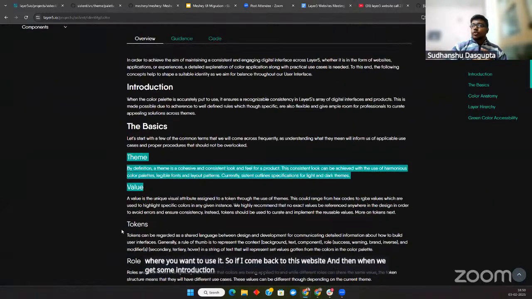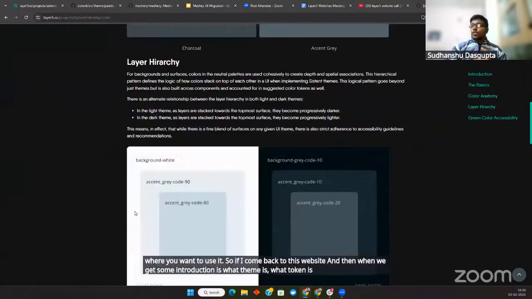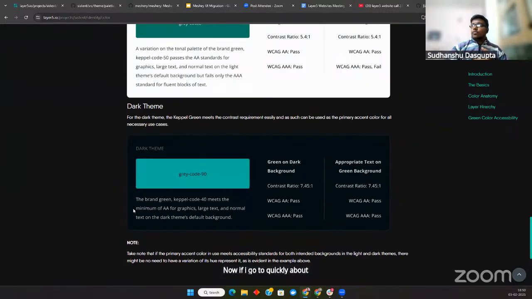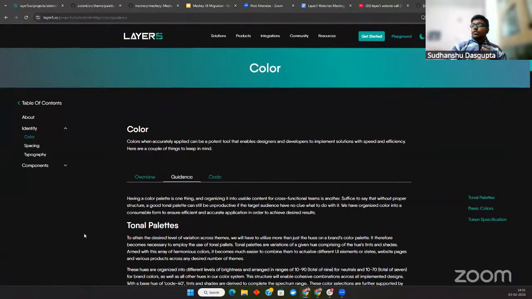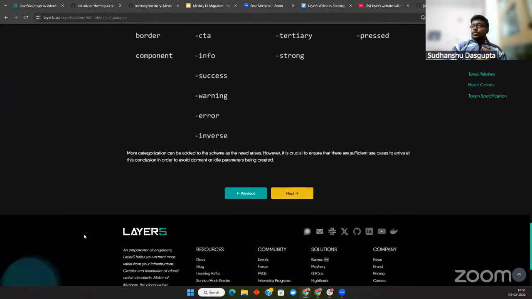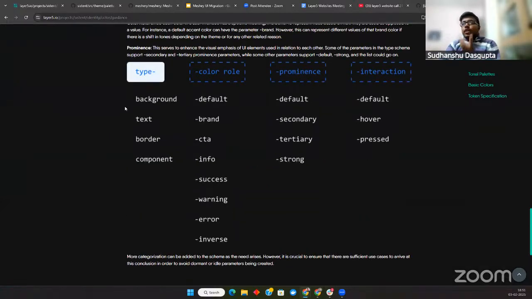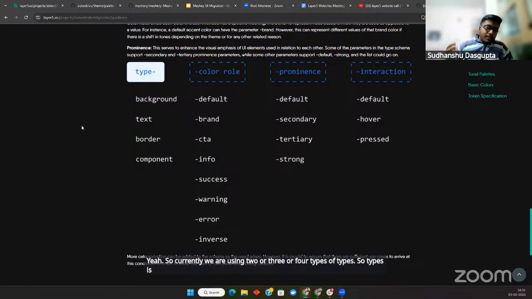If I come back to this website, there is some introduction on what theme is and what token is. Currently we are using three or four types. Types are, for example, if you take a paper, a container, and you want to add a background color to it, you don't add any hex code.